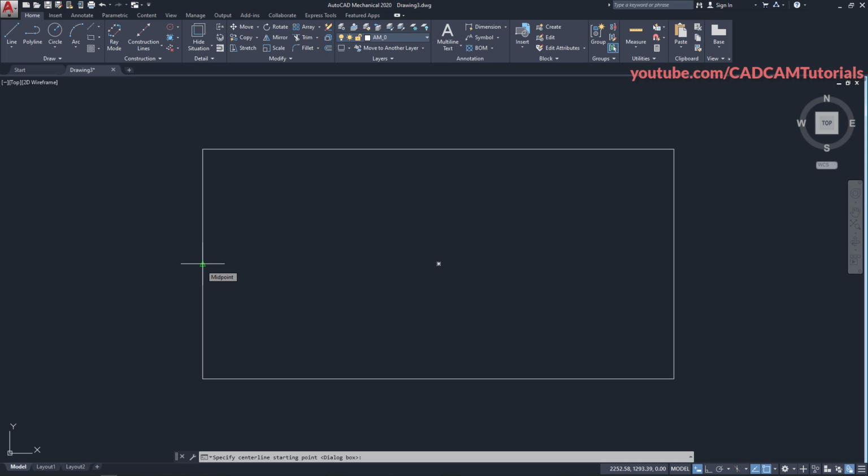Take your cursor there. So it is showing me the midpoint. Now this midpoint, or if I take my cursor here, it is showing me endpoint. Or if I take it in the center, it is showing me geometric center. So these are called object snaps, and right now auto object snap option is on, therefore it is showing